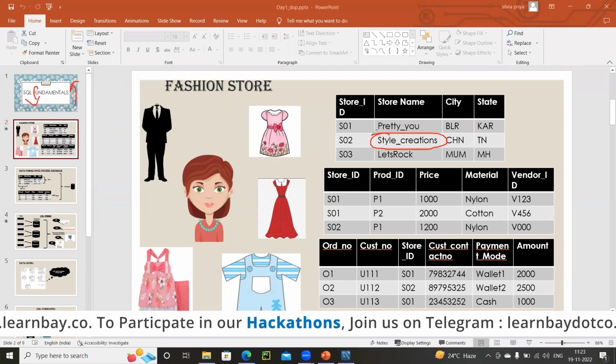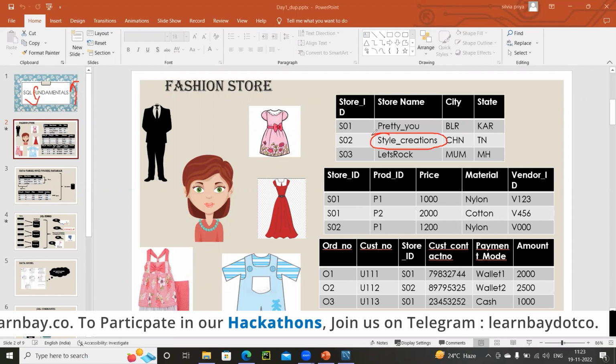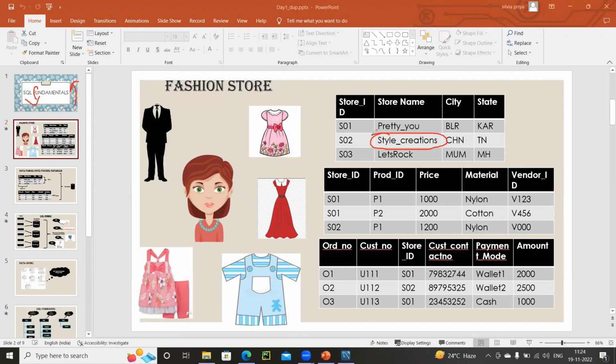I'll repeat. I have a question on, if I want to know the list of products which are available under the shop, say Style Creations, and from what all the vendors the products inside Style Creations have been sourced, from whom I have sourced the products for this particular store, then certainly I know the list of products and the vendors are available in table number 2, right?